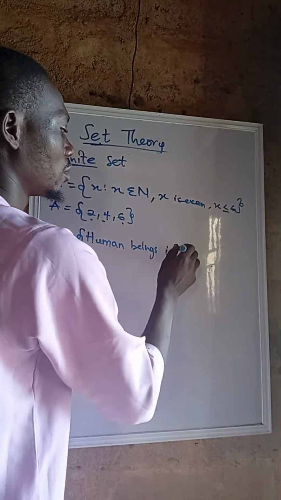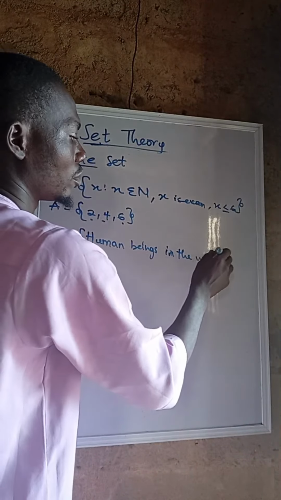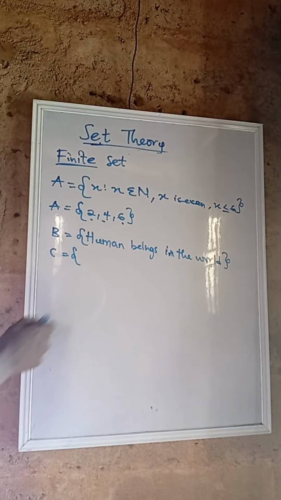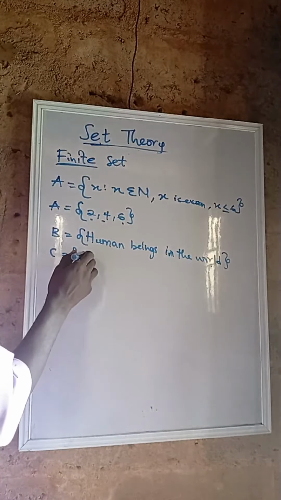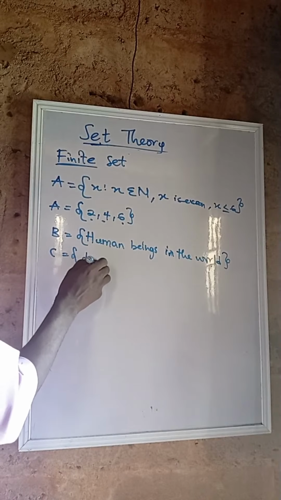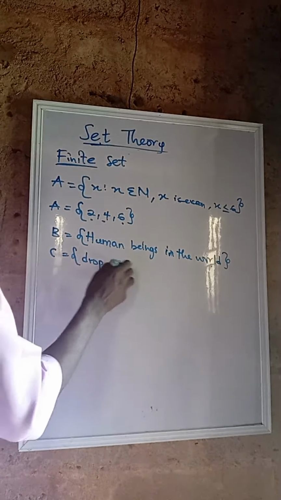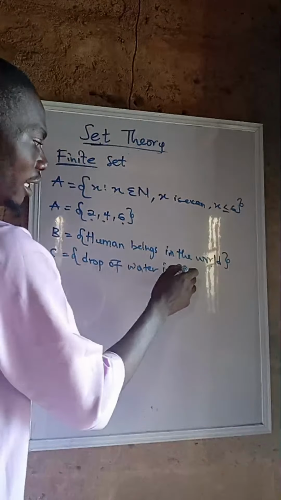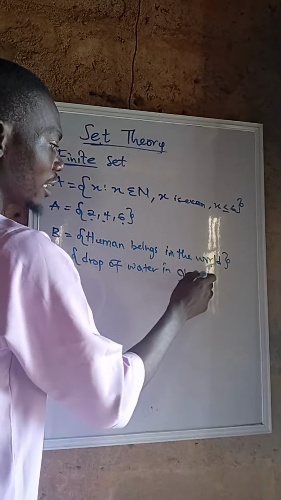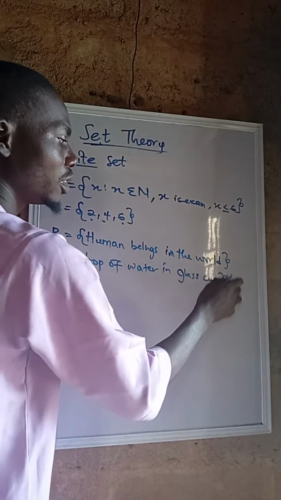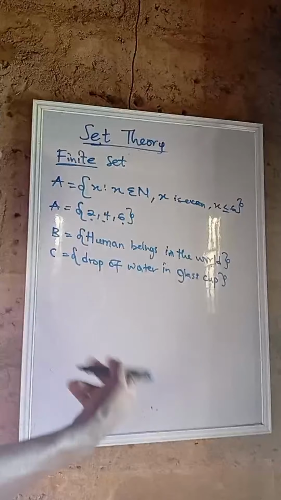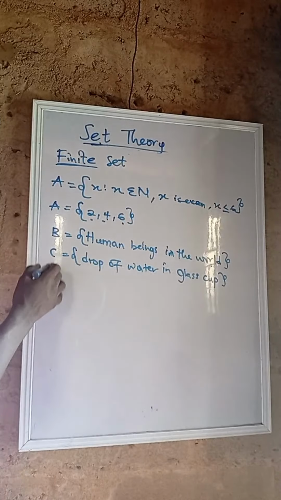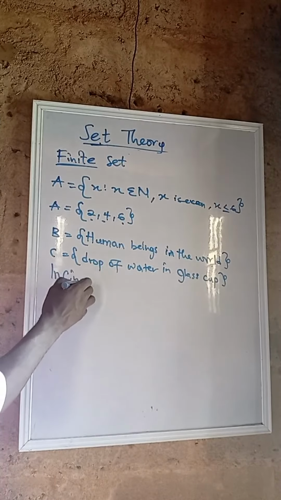Okay, a drop of water in a glass cup. So it is finite. But then for infinite sets, we'll then be talking of